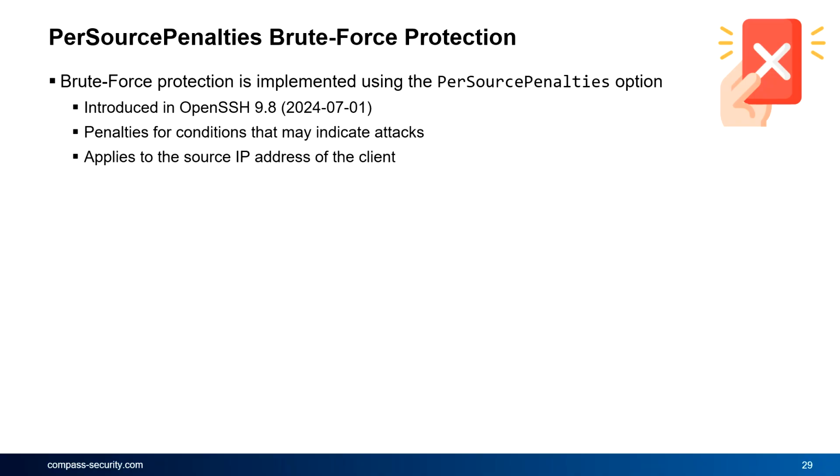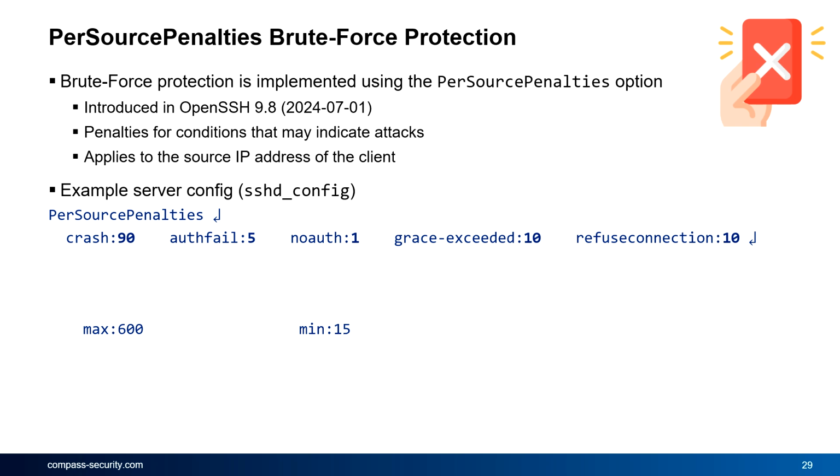OpenSSH also has an integrated brute force protection mechanism implemented. This is the so-called PerSourcePenalties option. It was introduced in OpenSSH 9.8 in 2024. And this basically adds some penalty seconds for some conditions that may indicate attacks. And these penalties are applied to the source IP address of the client. Here we have an example server configuration,